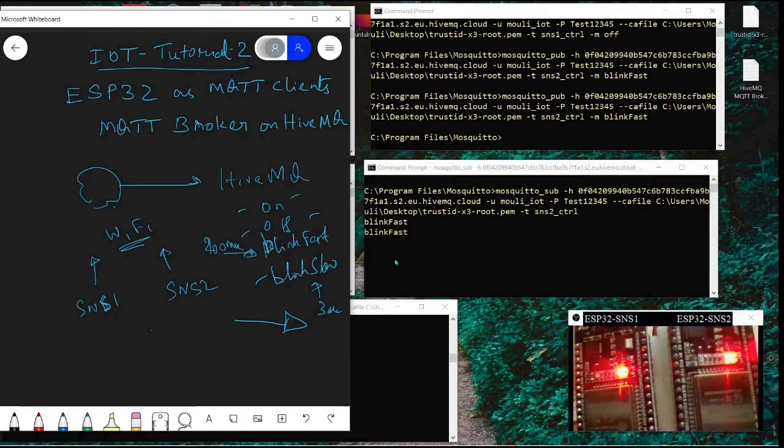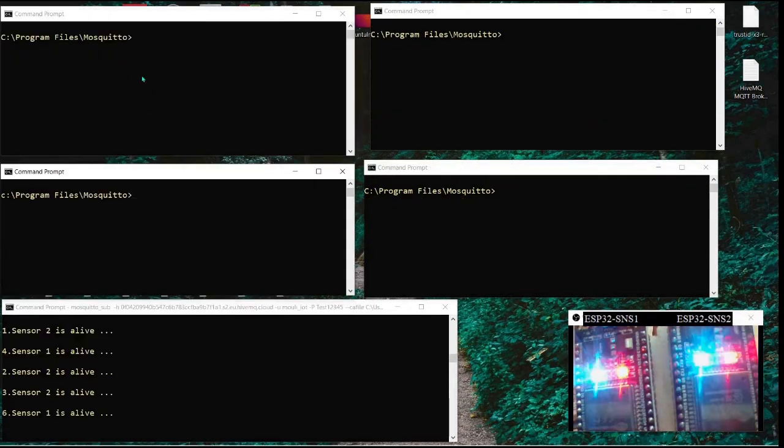On, off: this is the LED that we are trying to control, not this red LED. The red LED shows that the board is up and running. And this is the built-in LED we are trying to control through a broker. The left side window, the top window, let us call it a publisher. They are all command prompts running on this Windows machine.